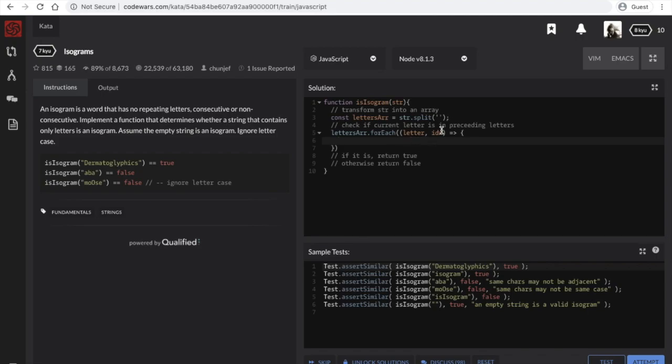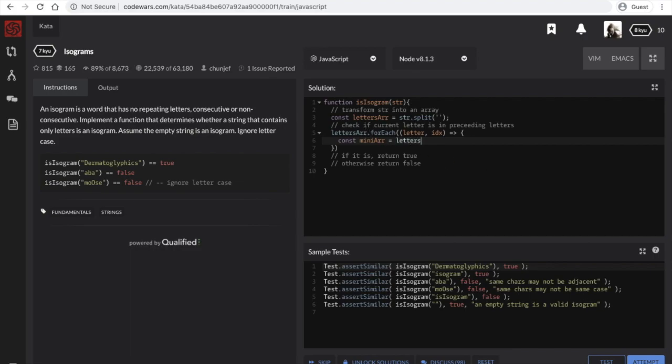And I think it might actually need to be index minus 1, so that we're checking the current letter against any other preceding letters. So let me go ahead and make that mini array. Const mini array, that is going to equal this original